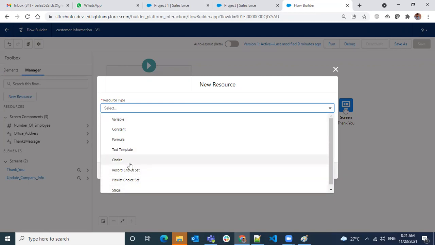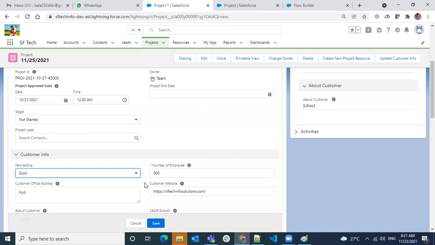So first what we'll do was we will create either a choice or record choice or pick list choice. How it will help us: when you do a pick list choice, that means you already have some object and a pick list field. So when you use that field choice, it will give you the option of which object and which field, so that it will use all the pick list values from that record. Sorry, whatever values you have configured in that field, the same values will be shown there.